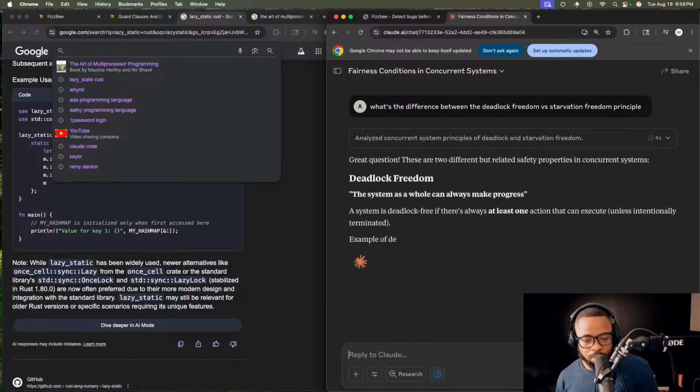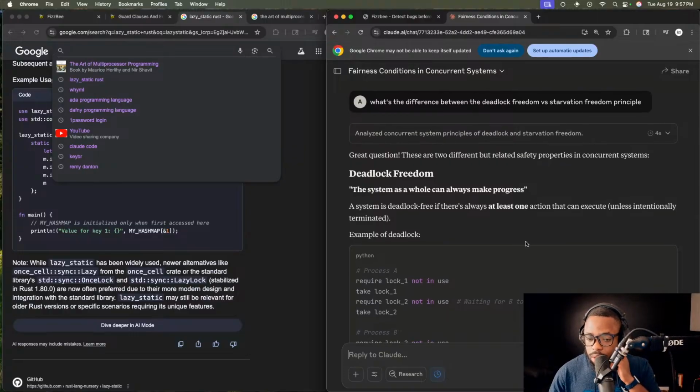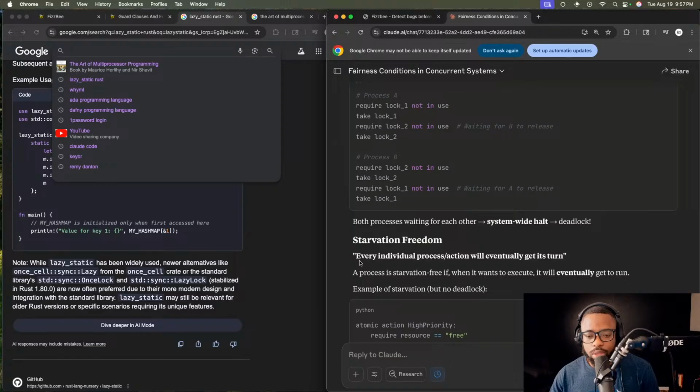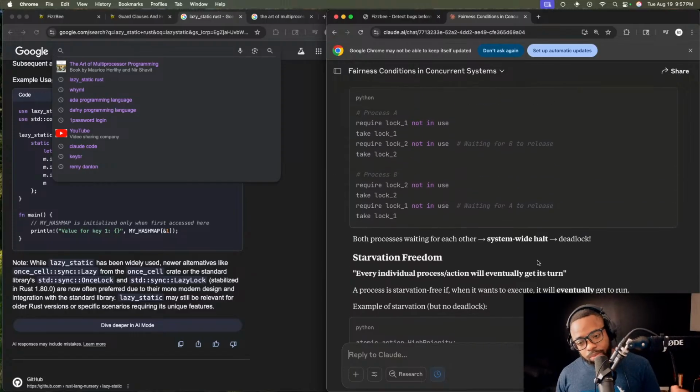So yeah, deadlock freedom: the system as a whole can always make progress. So yes, there's at least one thread that is making progress. Like that's the deadlock one. Starvation freedom: every individual process action will eventually get its turn. Exactly. So again, if you think in terms of threads, like I said, in my example where you have 8 threads, but only one is ever doing all the work, and all the 7 others are basically stuck, not doing anything. Now you're violating